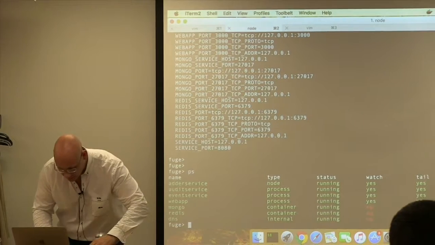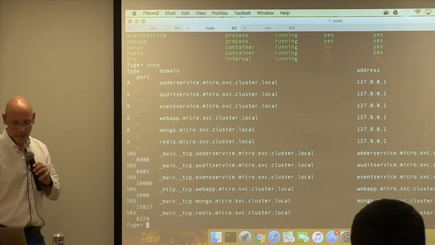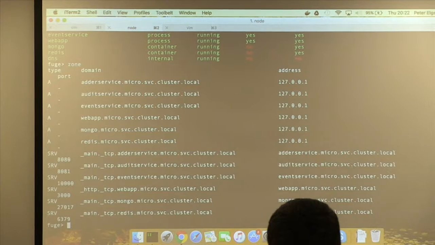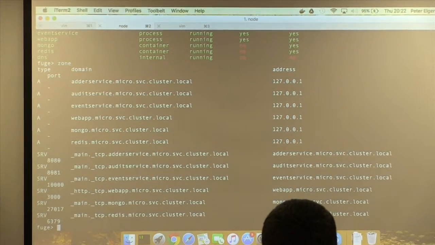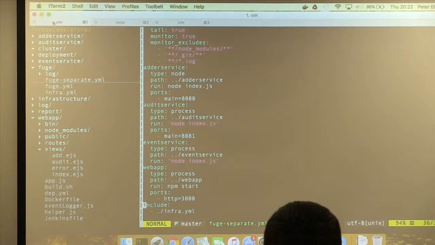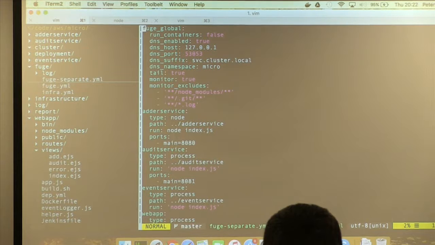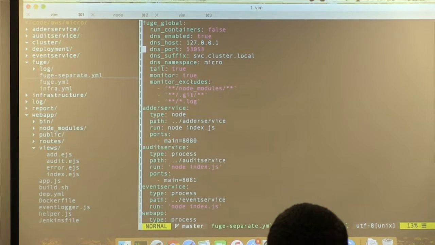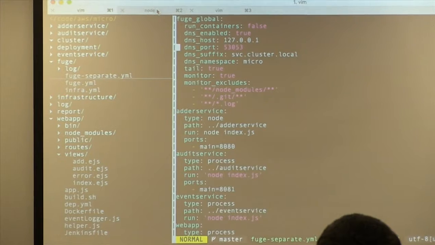So I can now inspect the zone. Okay, and Dave, you might recognize those as well? Yep. So again, these are the default format that Kubernetes uses for its internal DNS. Okay, so if you remember from the Fuge configuration, which is over here, if I go back up, you'll see that we said to use the DNS suffix as service.cluster.local, which is the default suffix for Kubernetes, and we wanted a namespace of micro. So you'll see that here,